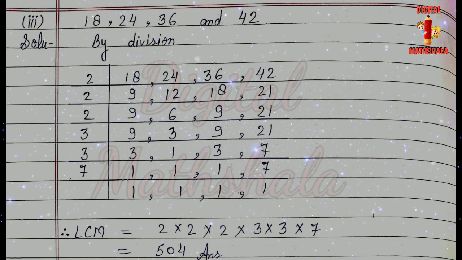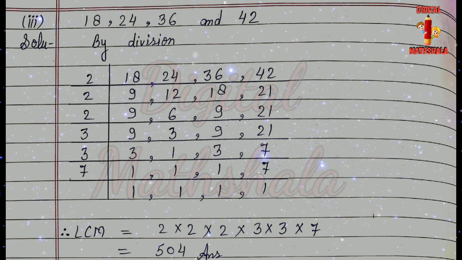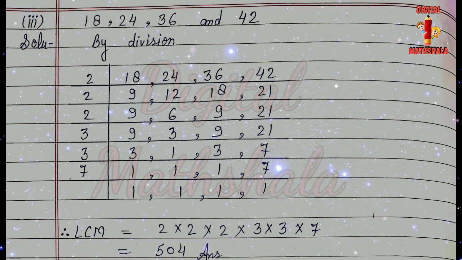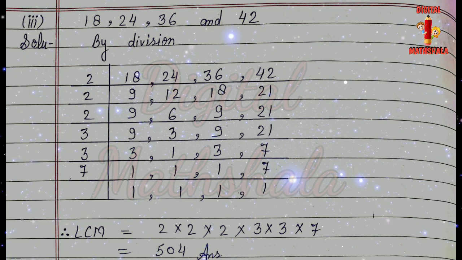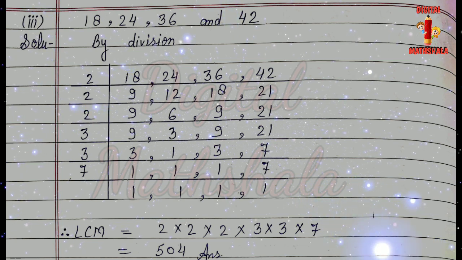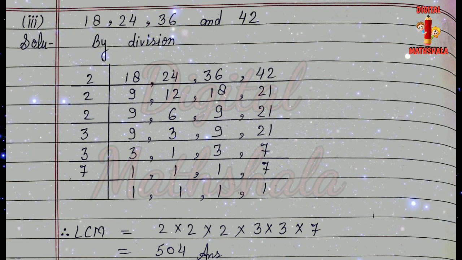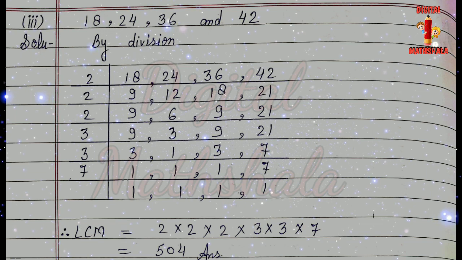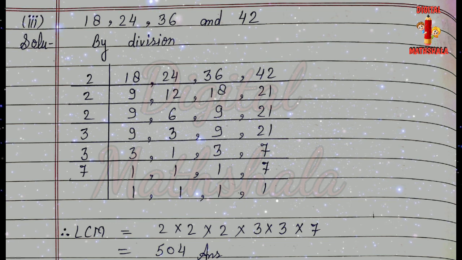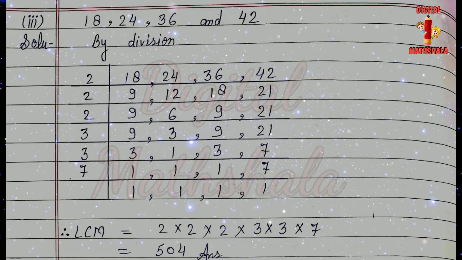So here you can see 2 3's are there and 1 7. So we will again divide by 3. So 1 will come in place of 3, and now 7 is a prime number, so we will divide by 7 only. So here in last we will have the LCM. When we multiply all the factors, that is 2 multiply 2 multiply 2 multiply 3 multiply 3 multiply 7. So when we multiply, we will have 504 as the answer, that is the required LCM, that is the required smallest number. So now we are moving to the next question. I hope you understood this question nicely.